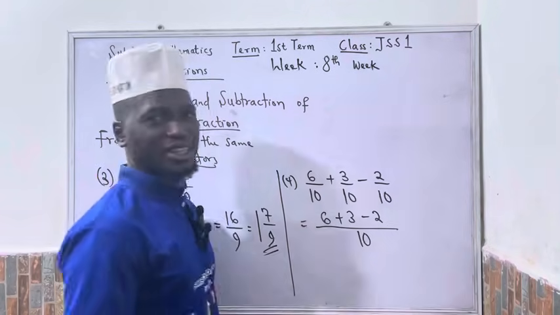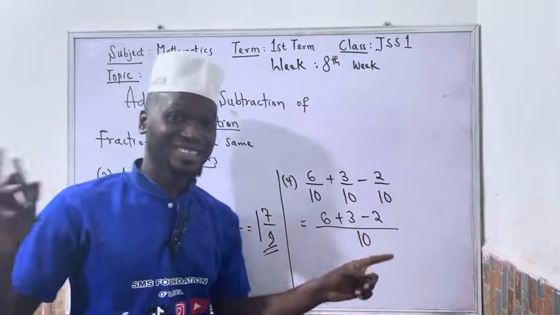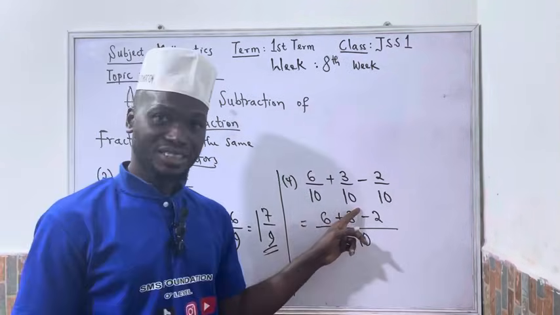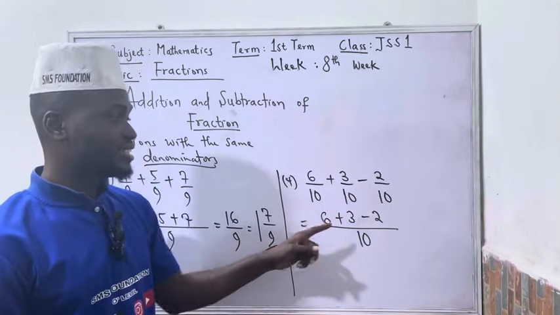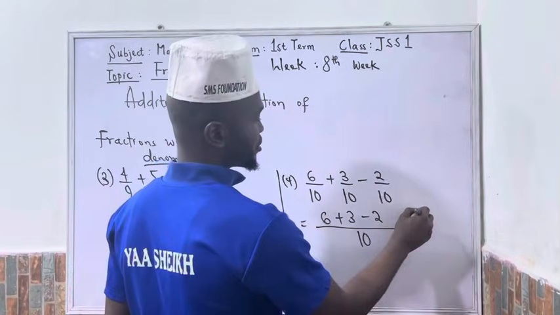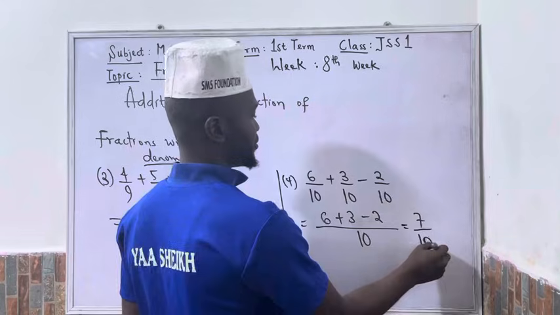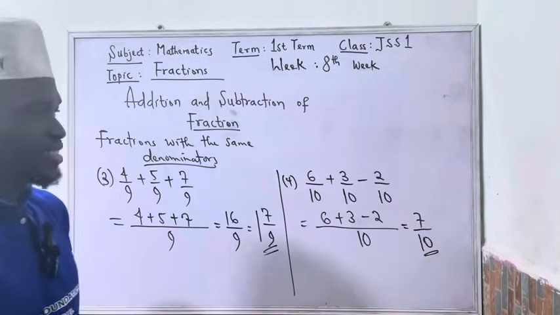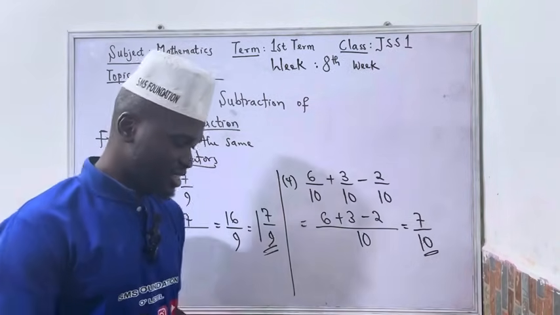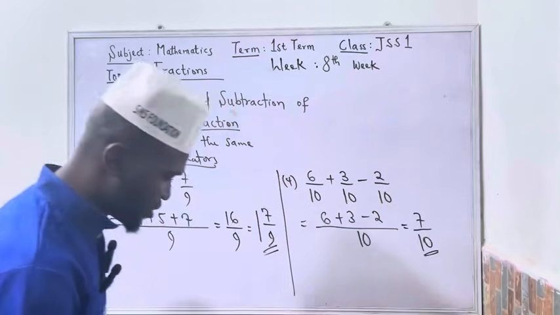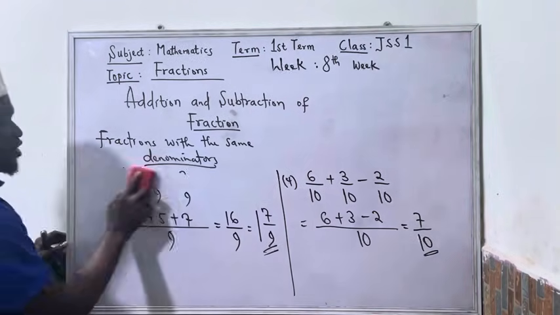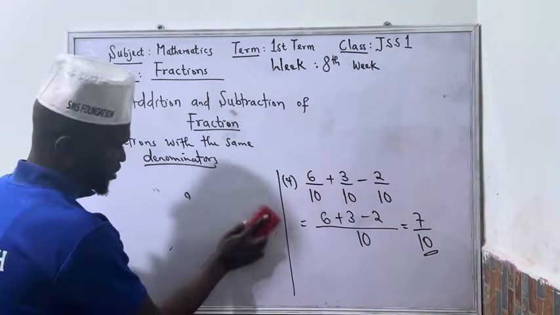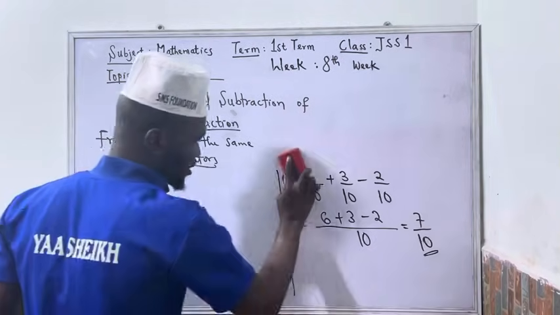You can always do the addition part first. That's 6 plus 3, that will give me 9. Then 9 minus 2 will give me 7 out of 10. It's as simple as that. A lot of questions like this can be so simple. Now, however, there are some questions that, even still on this,